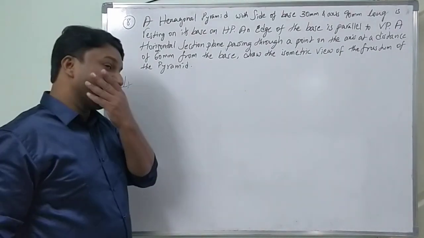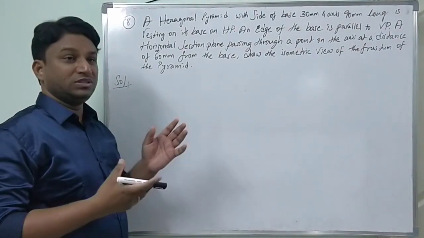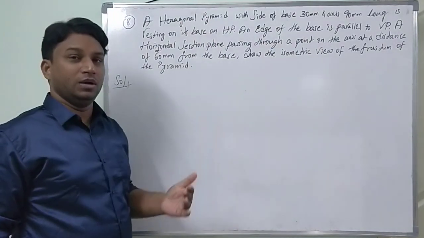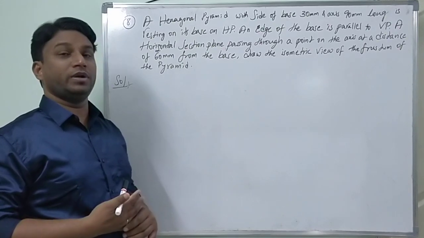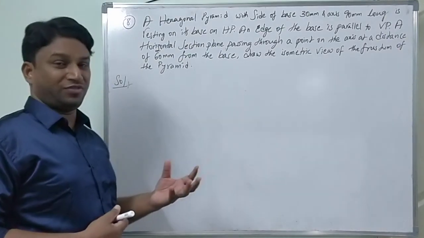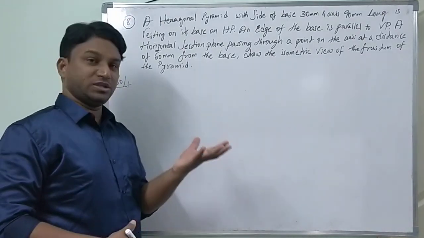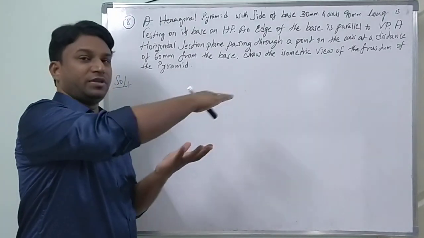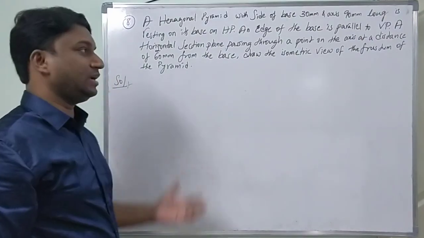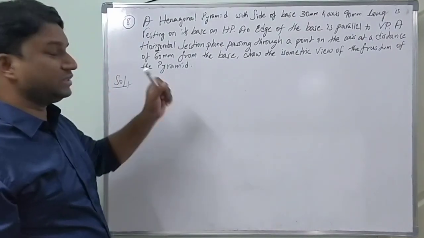Now, in the previous problem you have seen isometric views of simple solids like prism and pyramid, but now this is a step ahead: sections of solid. How to draw the isometric view of a sectioned solid, right? You remember the frustum name. If you take a solid, cut it with the section plane and remove the top portion, the remaining portion is called a frustum. Same as the problem here. So look at the question, it's a lengthy question.